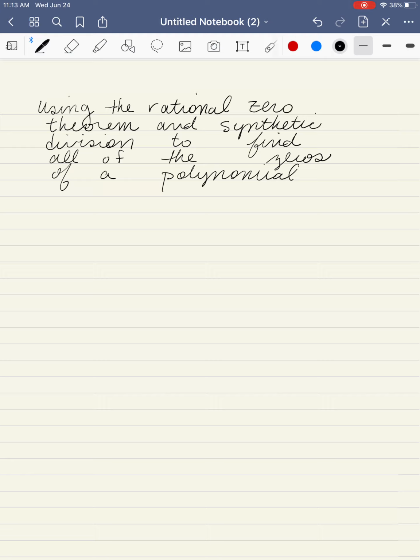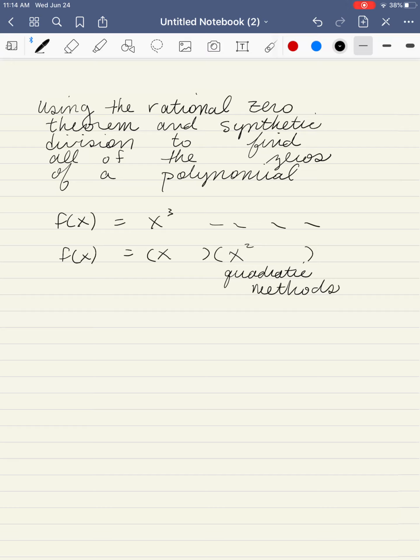In our last video, we looked at finding all of the zeros and completely factoring a polynomial if we were given one of the zeros to get started with. We saw that if we started out with a cubic polynomial, we could factor out one factor based on the zero that we were given, and then we were left with the quadratic. And then we could use quadratic methods to find the other two zeros,